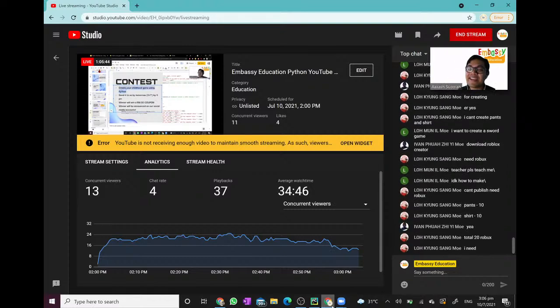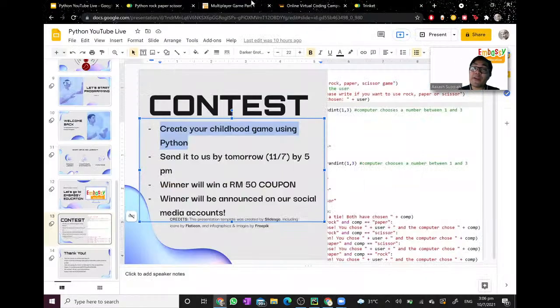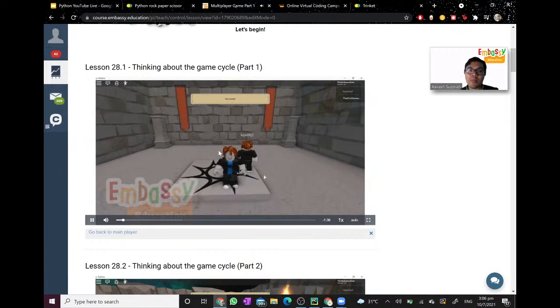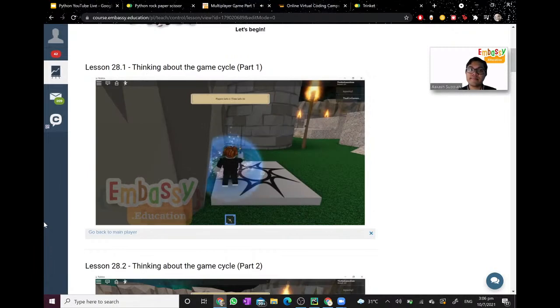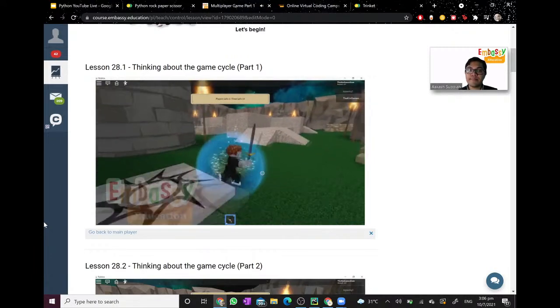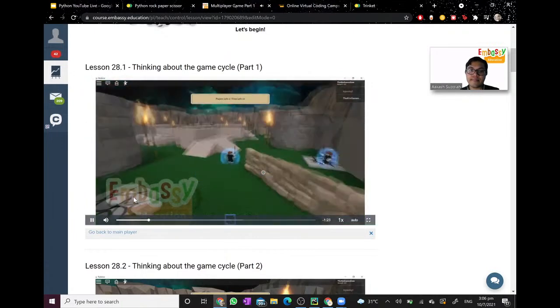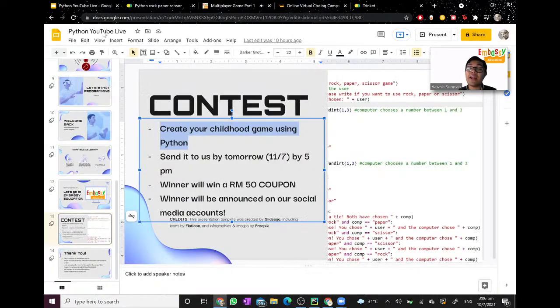So yes, I see many guys like Roblox. Yes, you can actually create games in Roblox through our courses and sell them for Robux, guys. So that's a way for you to get money. See? Welcome to Embassy Education. This is our Roblox game. We have one final and relatively large task, and that is to make a multiplayer game in which players are going to be battling to be the last player standing in this sort of arena and become the winner. See guys, we can learn how to create battle royale games in Roblox, guys.